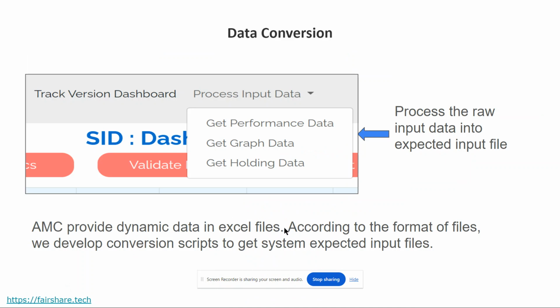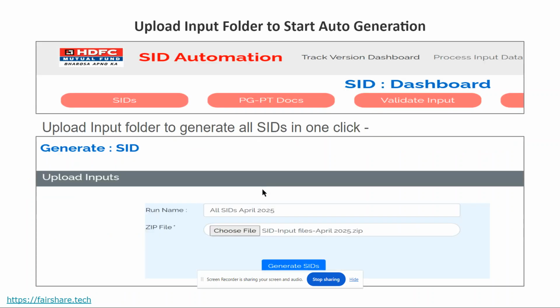From the UI point of view, from the usage point of view, you can also do this, and our team can also help you. After you log in, you see menu options like this where you just upload the input file and it gets converted into the appropriate format that we need. Then once the input data is ready, the folder is ready, we call it a run name, for example, all SIDs for April 2025 or all CAMs for April 2025. Then you upload that zip file where all the input files are there, and just click on generate SID, and